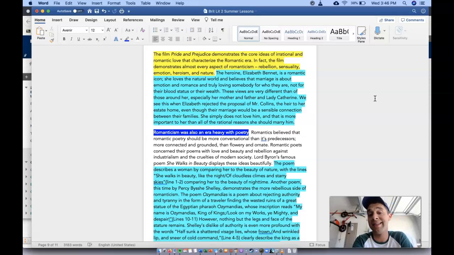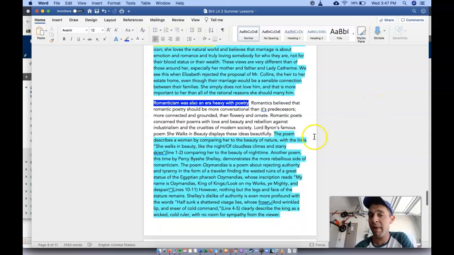So we've got a really clear example of romanticism there and also how it's functioning within the culture. And it's specific. I can see those scenes and images within my mind. Well done. Okay, next sentence: romanticism was also an era heavy with poetry. This is one sentence that I wasn't a huge fan of just because it feels so generic. Nothing is really accomplished here other than just telling us there was lots of poetry in the Romantic era. Well, there's lots of poetry in pretty much any era, right? So make that more specific, and somehow tie it with the paragraph before it.